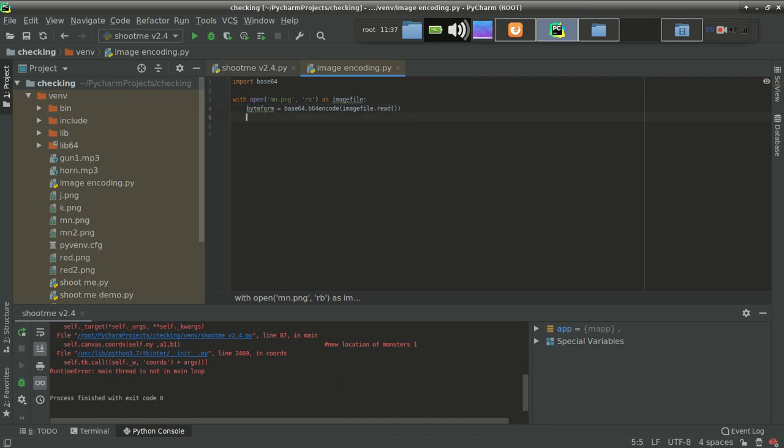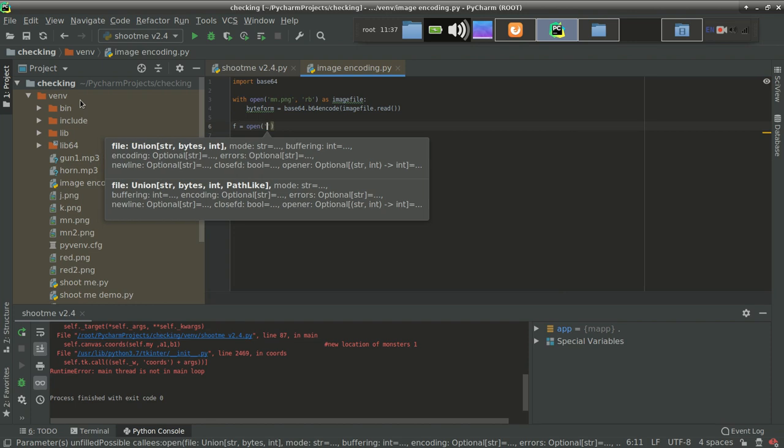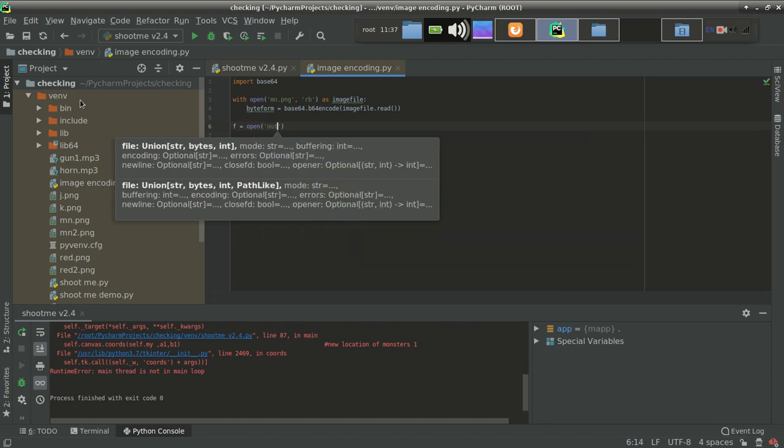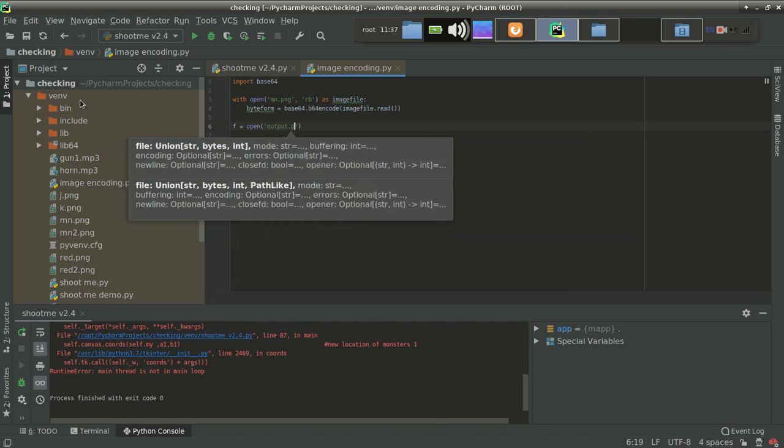And what we want to do is write these bytes in another file. So how do we do that? We will do that by creating a new file. Let's write the object f as an object. Open a new file, named output.bin.